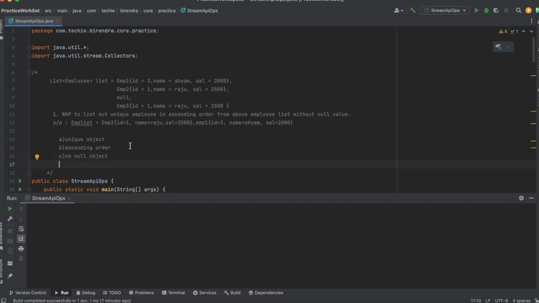Since we have to give the solution in the Java 8 stream API, first we have to filter out this null value, right? So when we are streaming these list elements, the list of employee objects, then we have to filter out this null value from this employee list. Okay,